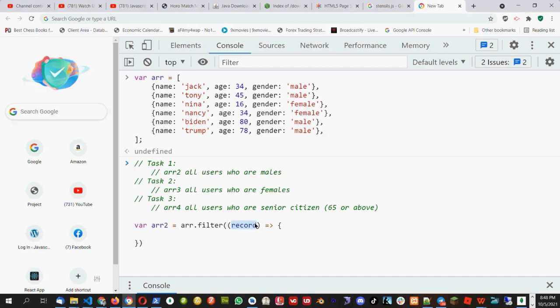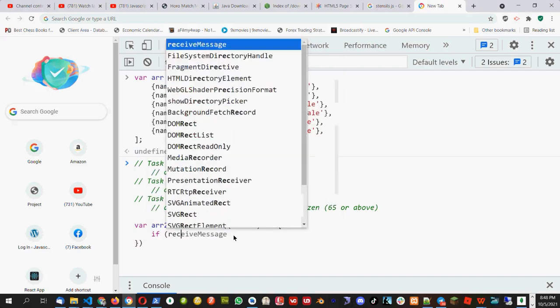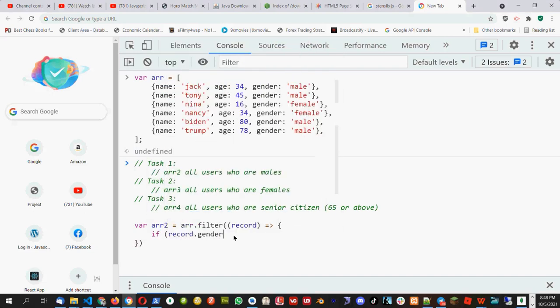So I'm using only the record part. Now I can check if record.gender is equal to male, then return true, or else return false. I can write this down within curly brackets. That is exactly the same. It is fine. But I can also say